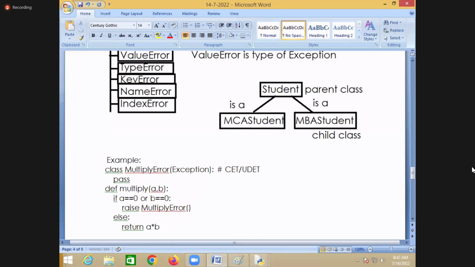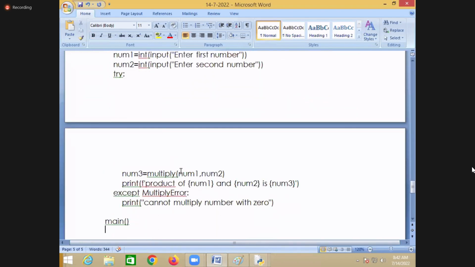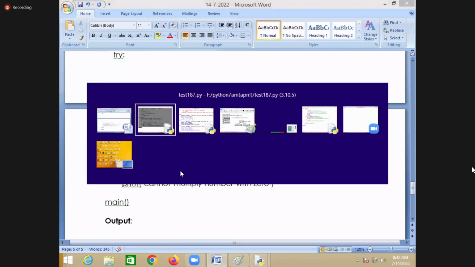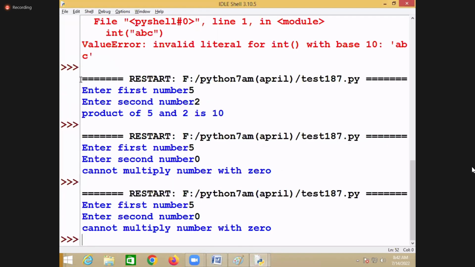User defined exceptions, and the same thing you can call custom exceptions, right?